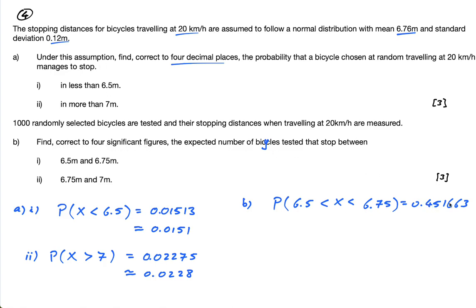So now this is the probability that they're between 6.5 and 6.75, but we need to find the expected number of bicycles out of 1,000. So I just do 1,000 times 0.451663, and I can do that without a calculator, guys. That gives me 451.663,